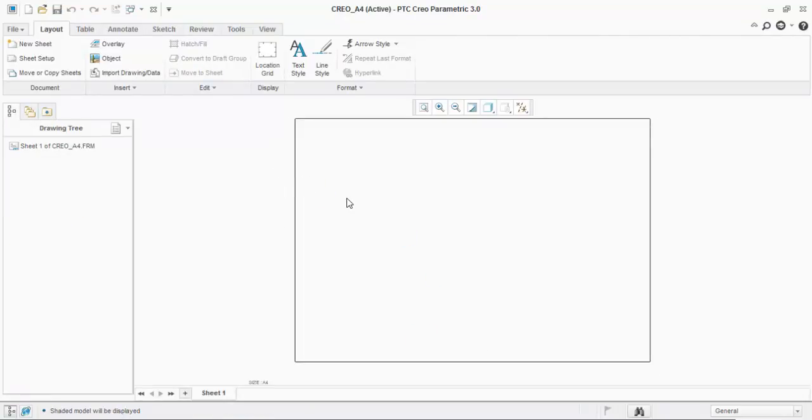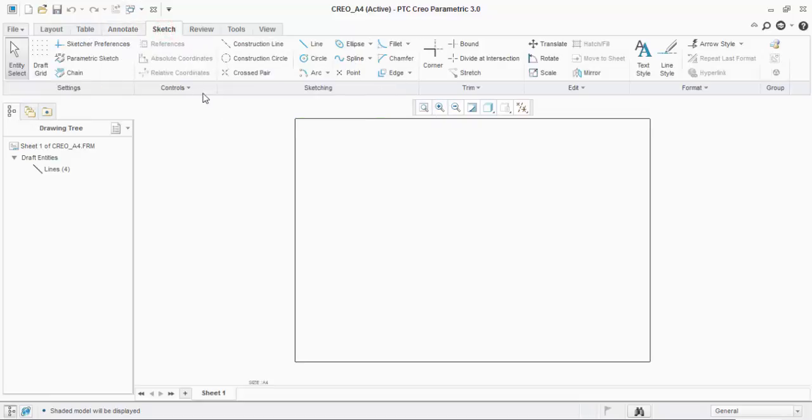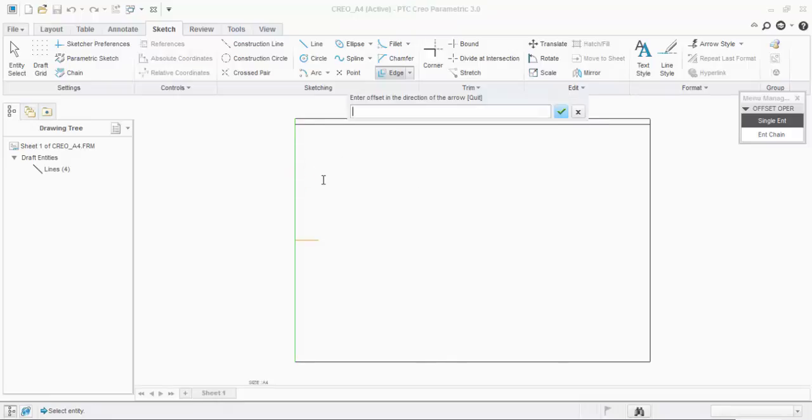Okay, so this is a blank sheet and we want to create a format. So first we will create boundary lines, or outer line you can say. That we will do with the sketch option. In sketch, select the edge option. It's like the offset option. Select the edge you want to offset and enter the distance. I'll enter 5 mm. Okay, so it's here, and again for this line, and we will do this for all 4